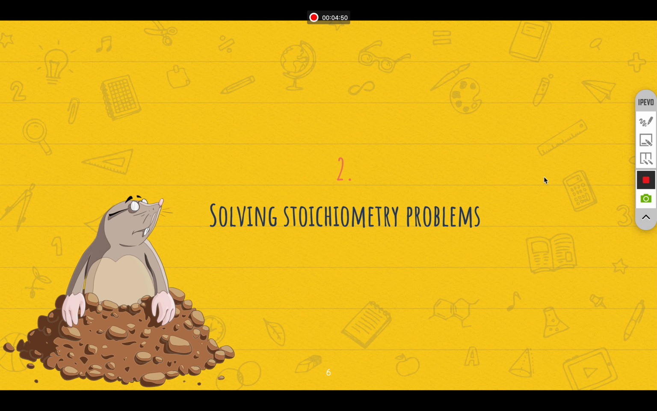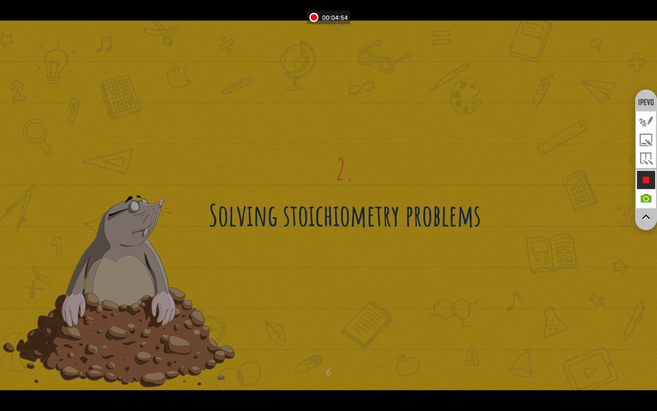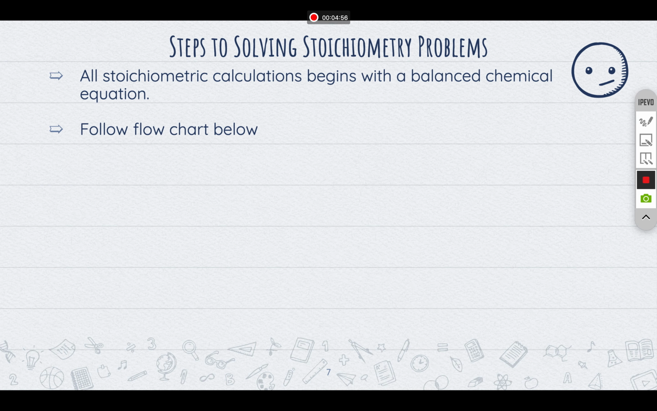Okay, so now we're going to get into these problems. These are solving stoichiometry problems. When it comes to stoichiometry problems, the very first thing that you have to do is write a balanced chemical reaction. You can't do it without a balanced chemical reaction. If you don't balance your chemical reaction, you will get it wrong